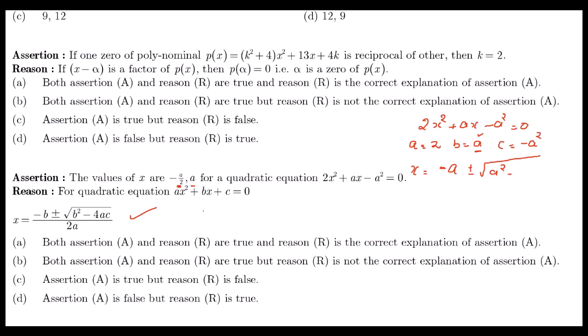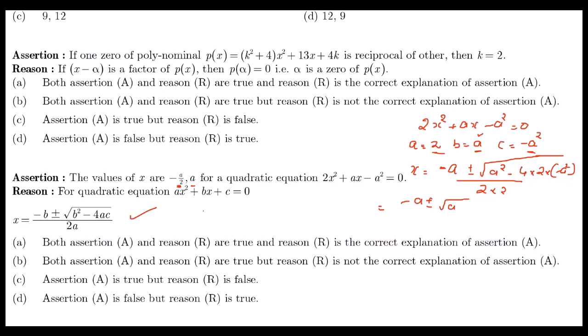A square minus 4ac, 4 into a is equal to 2 into c, c is equal to minus a square, upon 2a, 2 into 2, a is 2, so 2 2s are 4. That is equal to minus a plus or minus root of a square minus 4 into 2 into minus a square is a square